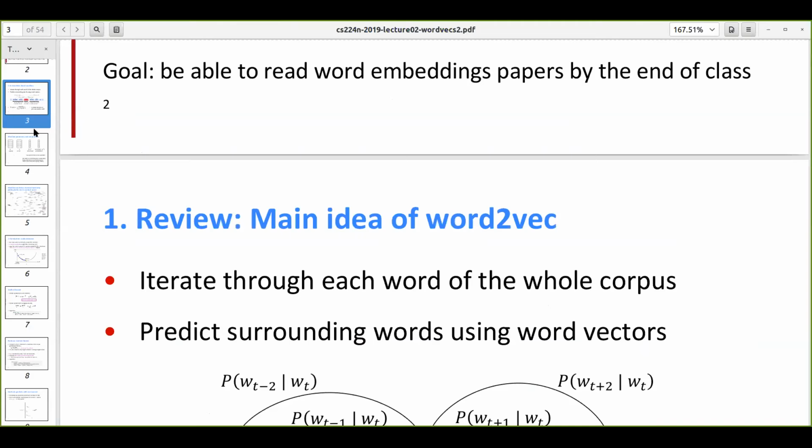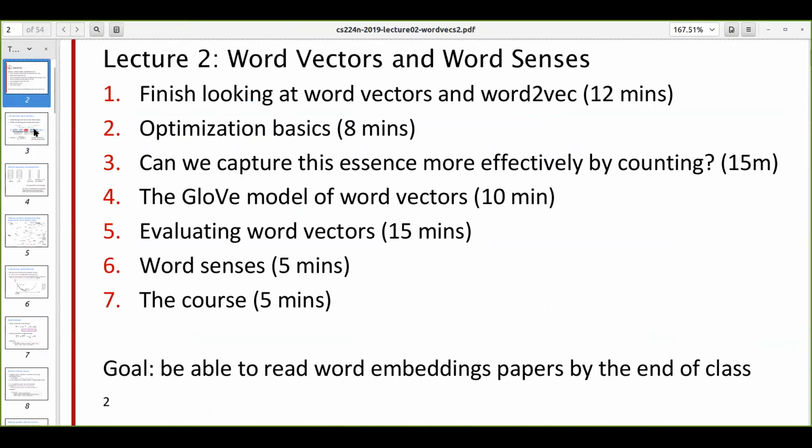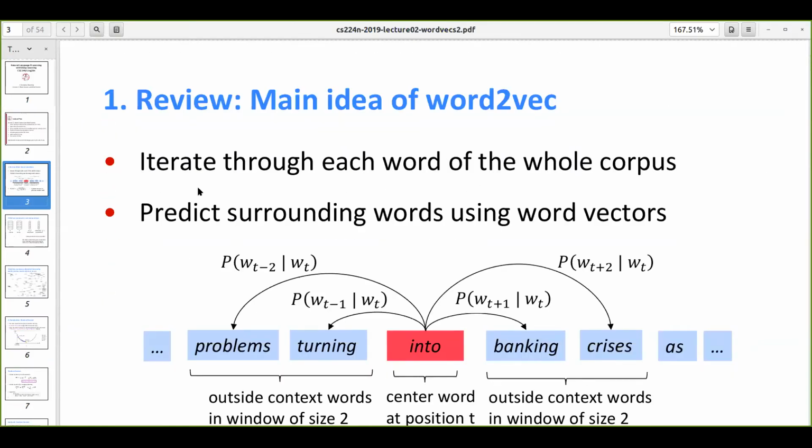So some of the things in lecture 2 were discussed as part of a previous study group session. So we'll quickly walk through the slides. So we discussed